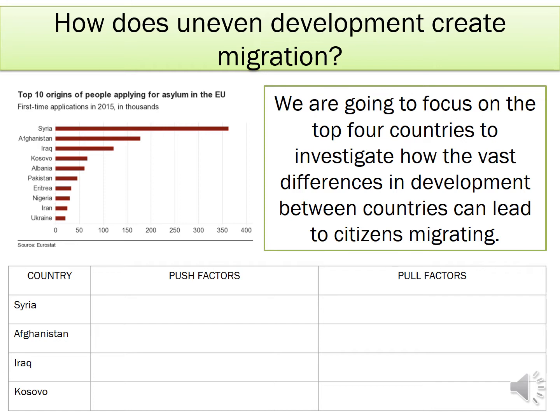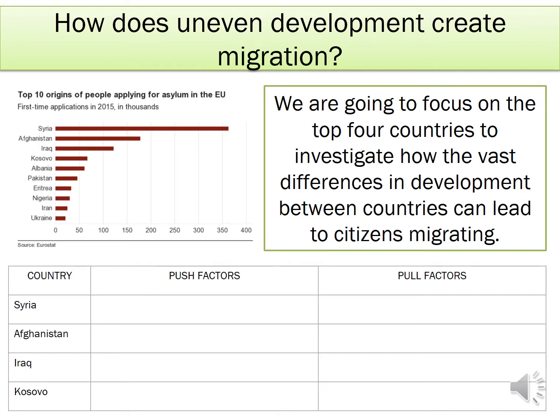As you can see, the top three there are Syria, Afghanistan, Iraq, and then you've got Kosovo at number 4. And these are people that are asking to leave those countries to come and live within the EU. So we're going to focus on those top 4 that I've just mentioned, and we're going to investigate why people in those countries, the citizens in those countries, want to migrate to